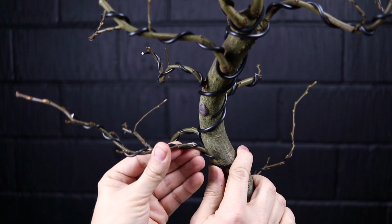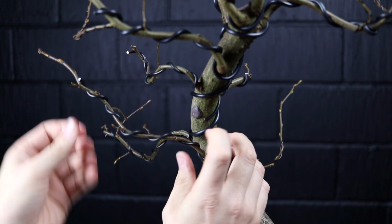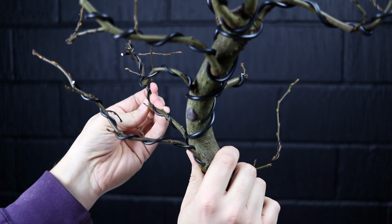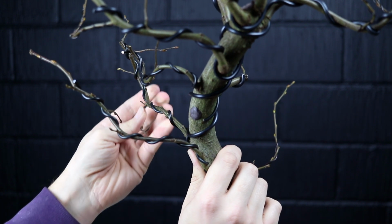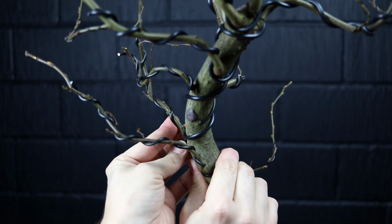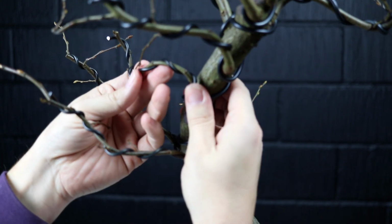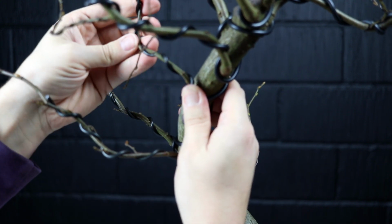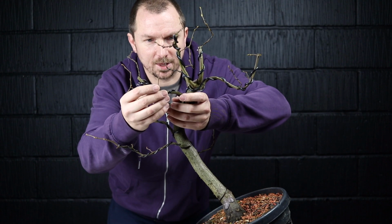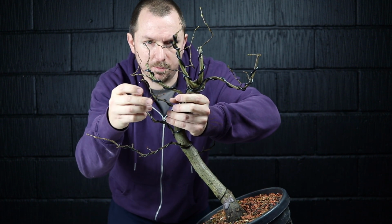So let's start looking at some of these branches then. Let's come up a bit more, down here. That piece can start to occupy this area. This branch comes into play up here. Okay, so I think this piece can now come up a bit more,